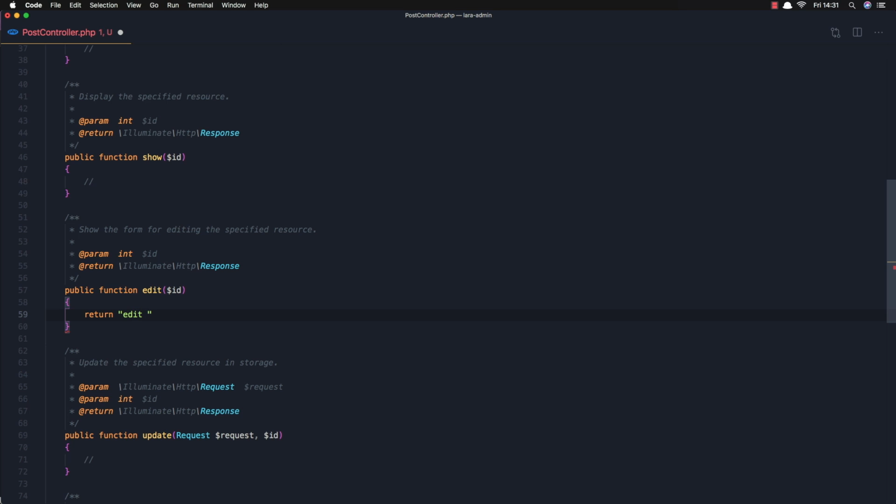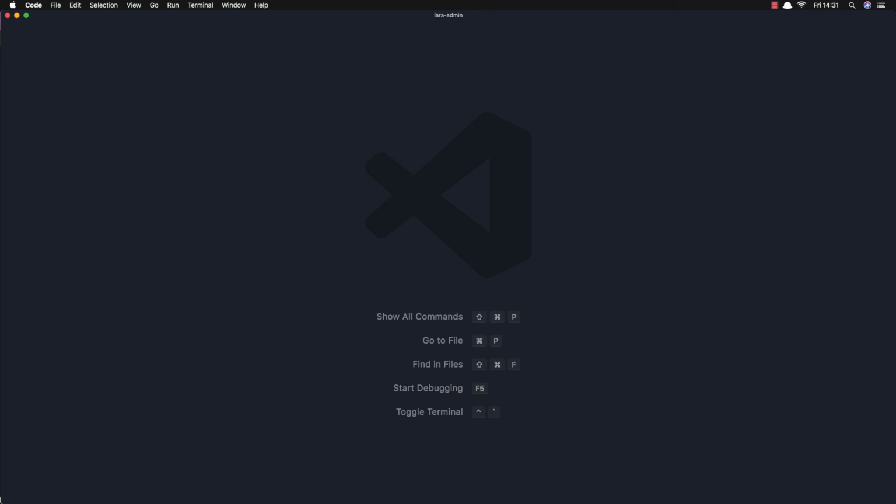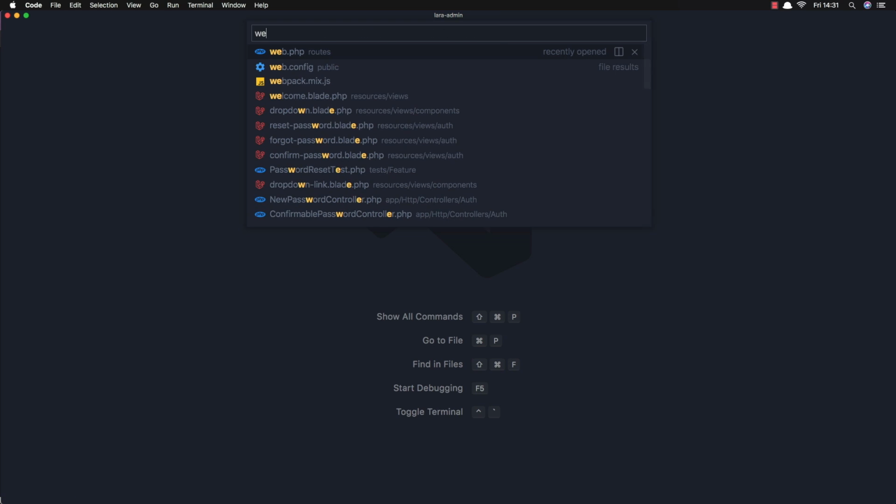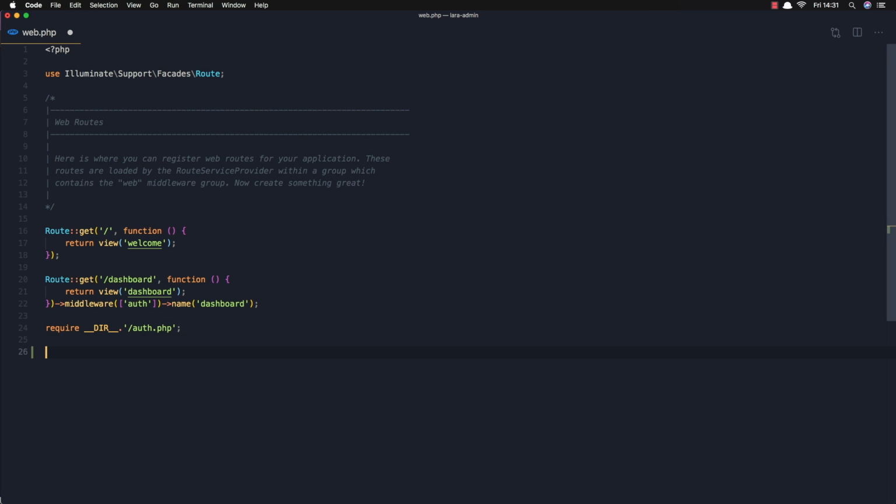Edit the post with ID and concatenate the ID here, add the ID. Okay, save this one and open the web routes here, and I'm going to add